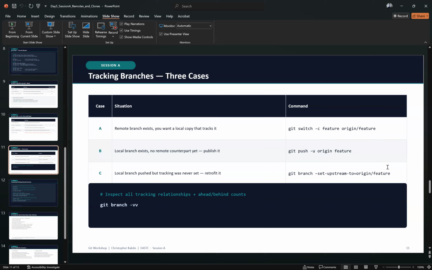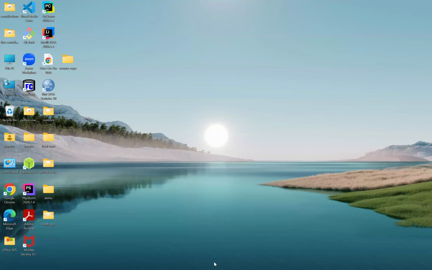These are the three scenarios. The first one: the remote branch exists, but we don't have the local branch, so we create a local branch and track the remote branch with a single command. In the second scenario, we have the local branch, but we don't have the remote branch, so we just publish it, as you saw. The third scenario: we have both local and remote, but they are not linked. As you can see here,